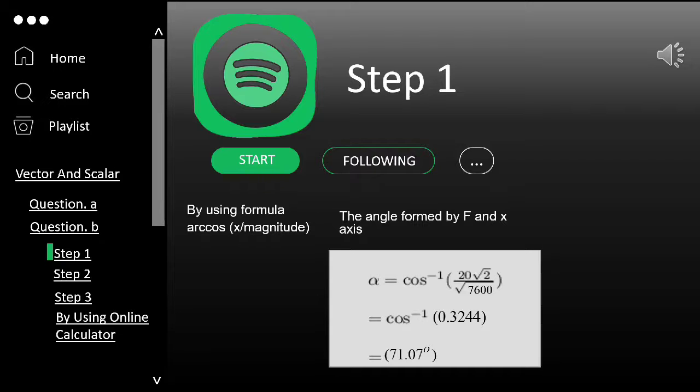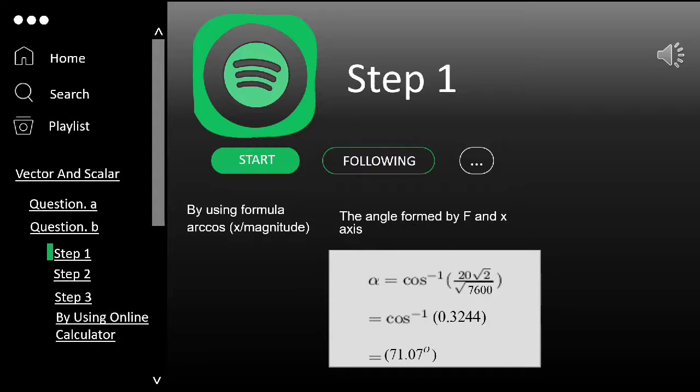We can calculate the angle by using the formula of arccos: the dimension x or y or z, divided by the magnitude of the vector. So for the angle formed by F and the x-axis, alpha, we can write alpha equals cos inverse,